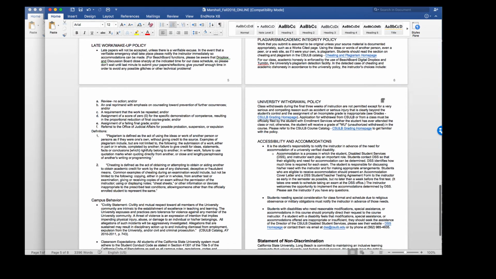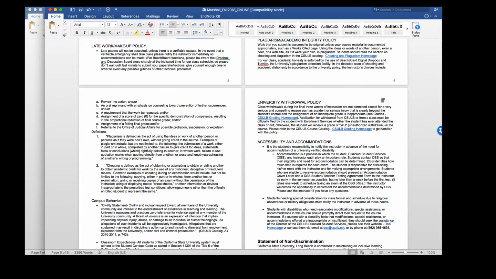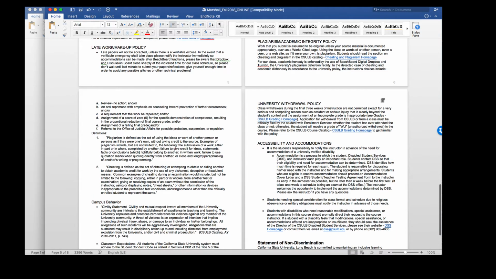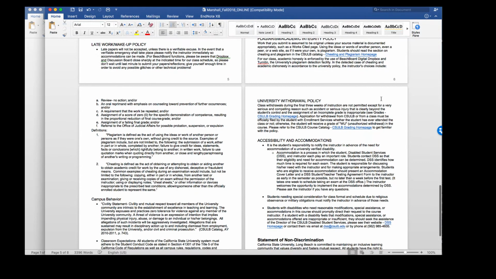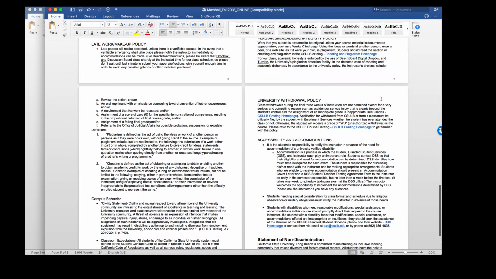There's a lot here. Just know that we do not mess around with plagiarism and academic integrity. So make sure that you're citing your work. Make sure you're not copying off another student or even using someone's materials from a previous semester. We have software that can actually detect things that have been turned in in a previous semester through Beachboard. So please have respect for the class and respect for the material you're learning, and write your own essays and don't use something that someone else might have written. You're not learning anything through doing that.